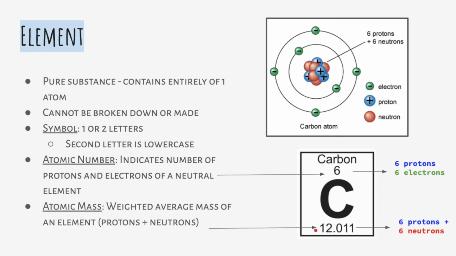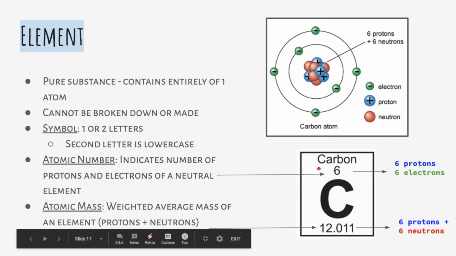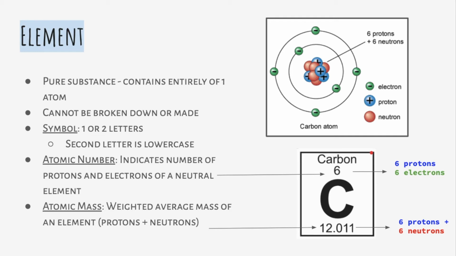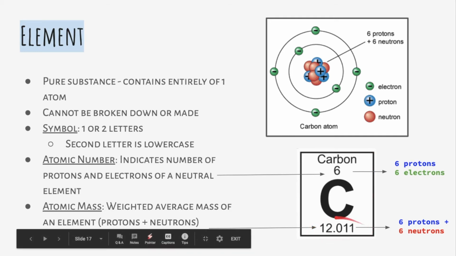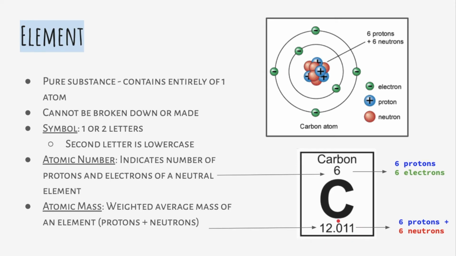It's a decimal and it's not very nice because it's actually a weighted average mass of an element. So even though on the periodic table there's only one carbon element, carbon actually exists in more than one form, and they each have a different mass. The mass that we put on the periodic table is actually an average mass of all of these existing forms